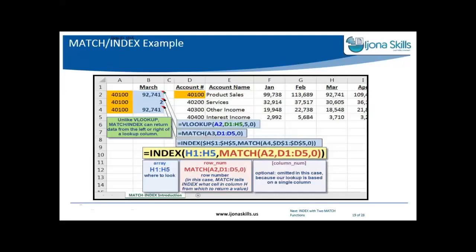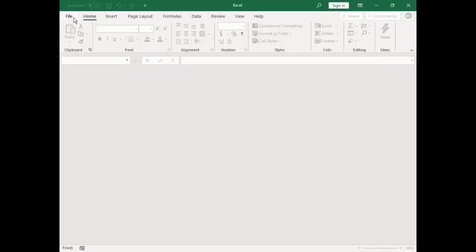So what match and index allow us to do is to triangulate on the data in ways that VLOOKUP won't let us. So we've seen the match function where it returns a position. So in this case, we're going to use the match function to return a row number. And then the index function will actually return the data that we're looking for. So to see an example of that,